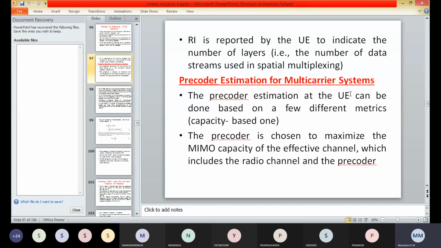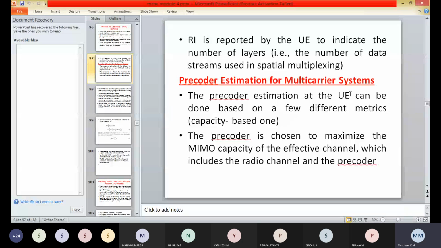This metric is suited for the receiver based on maximum likelihood detection. For a simpler receiver, such as one based on minimum mean square error, a different capacity equation applies.